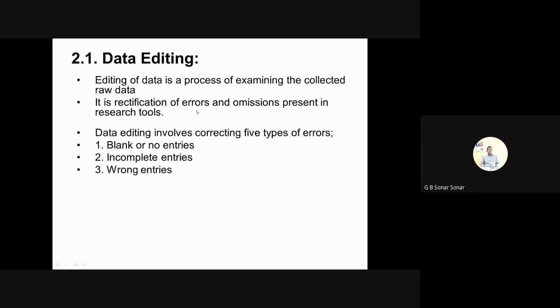by the researchers. The fourth type of error found in research tools is logically inconsistent entries. So when we make use of any research tools, we will have certain questions based on the research objectives. And when there are a set of questions, there will be a certain link between one question and another question. So while recording the answers, the researcher must take care of the logical link between the questions and the link between the